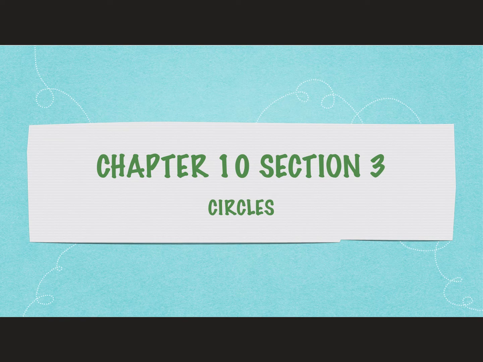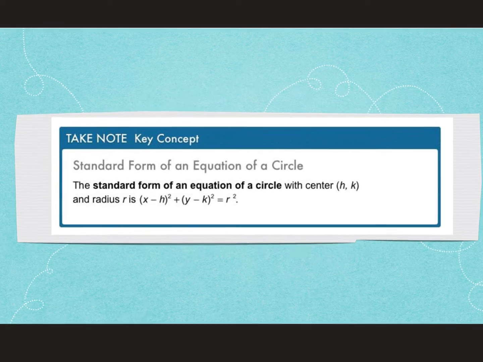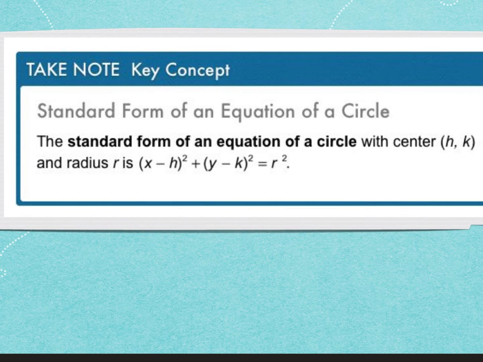So 10.3, we're going to learn about circles and the standard form equation of a circle. Our standard form of an equation of a circle is this guy here. It's (x - h)^2 + (y - k)^2 = r^2, where h and k is our center, so center